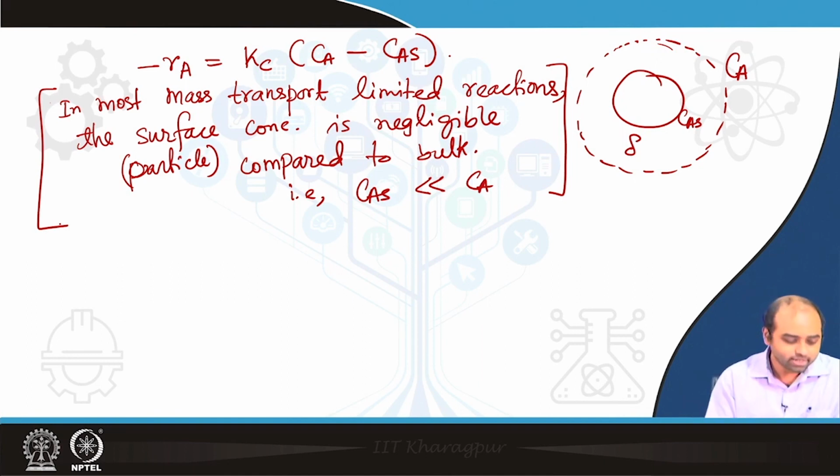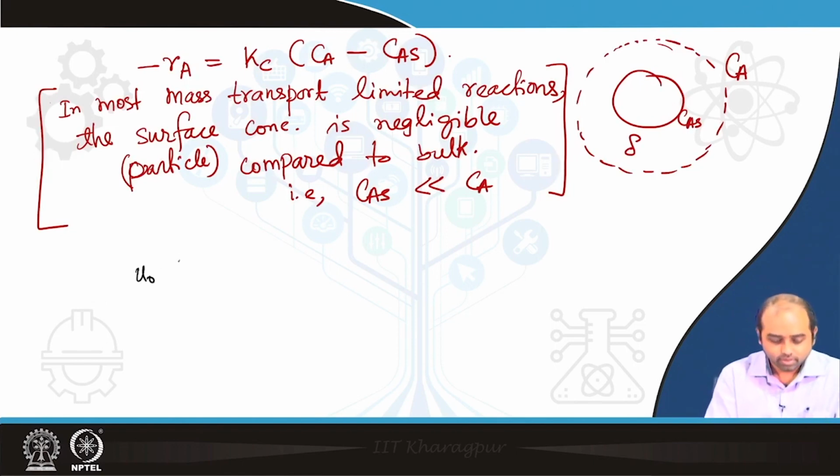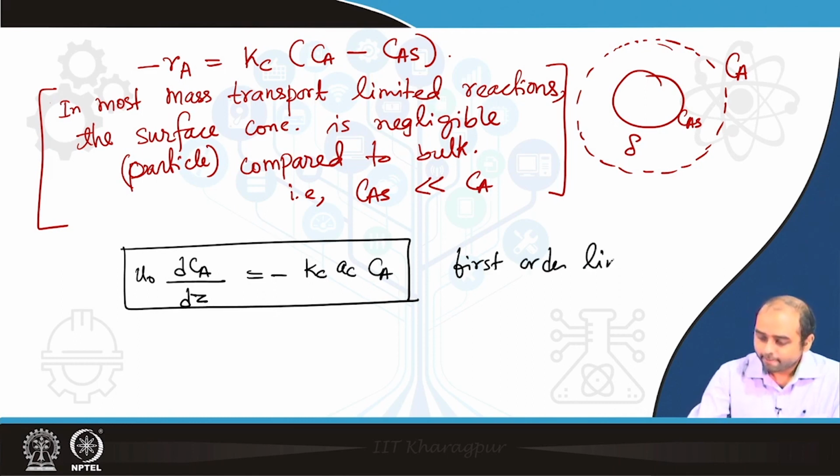So, based on this idea, you can easily realize that this R A turns out to be just K C into C A. So, we can write down the final equation as U 0 d C A d Z is equal to minus K C A C C A, right. So, this is a simple first order linear ODE,